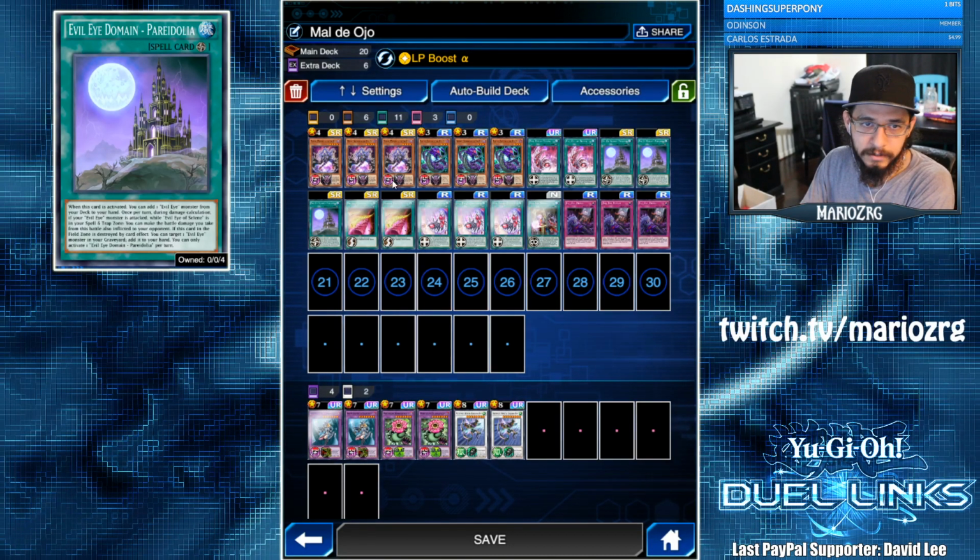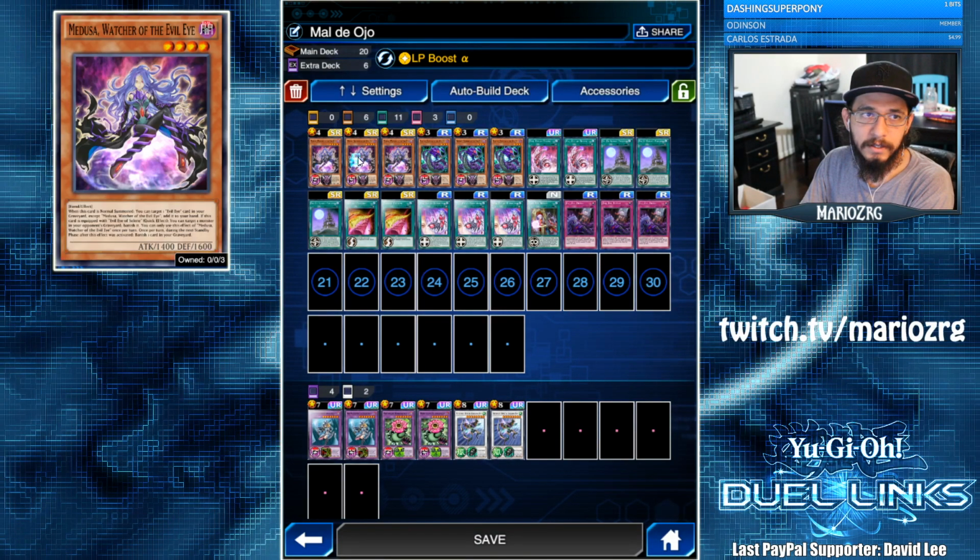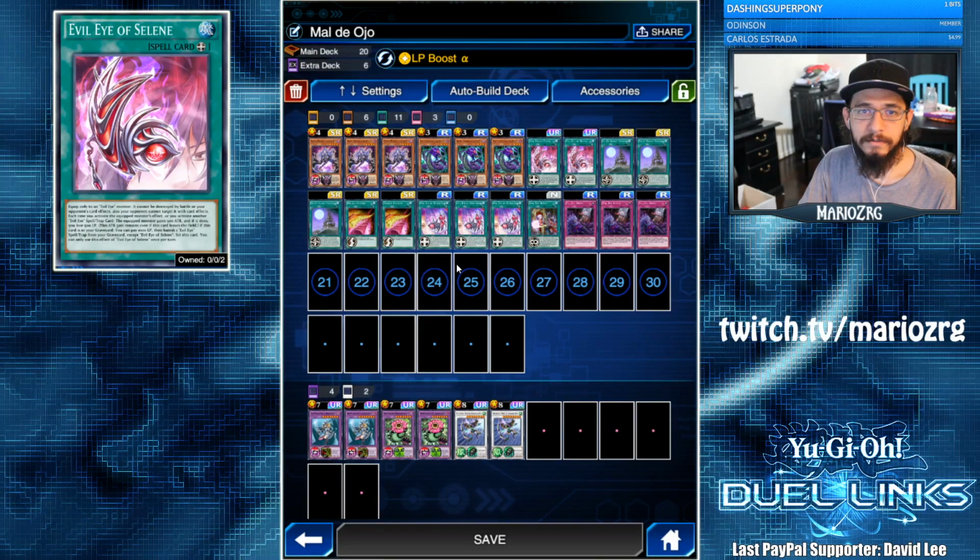Now for the monsters. The loop that I was talking about with the Evil Eye Defeat is using Medusa, Watcher of the Evil Eye. So Medusa on normal summon will add an Evil Eye card from your graveyard. Yeah, so you can add a monster, not itself, but... So what you want to do is, once you have an Evil Eye of Selene,